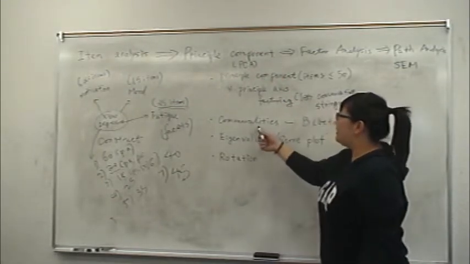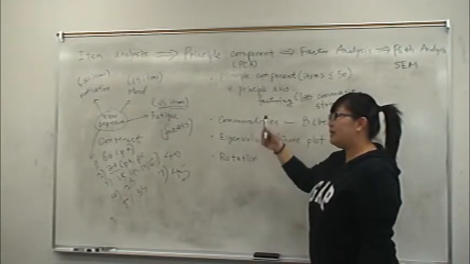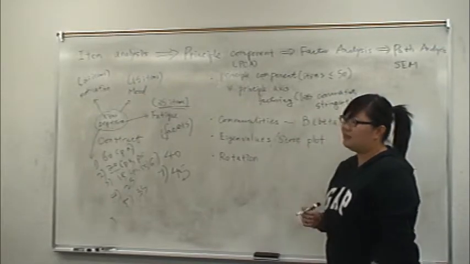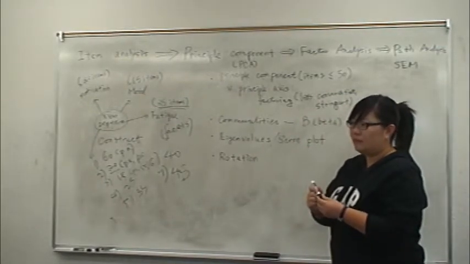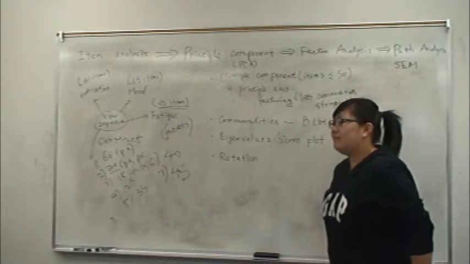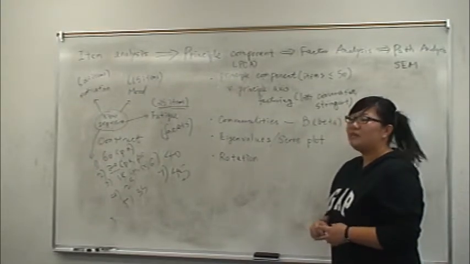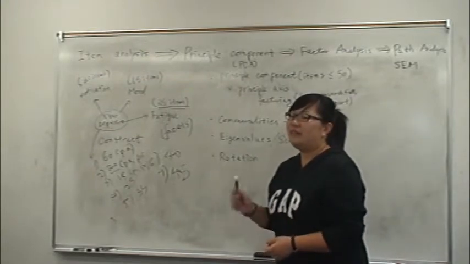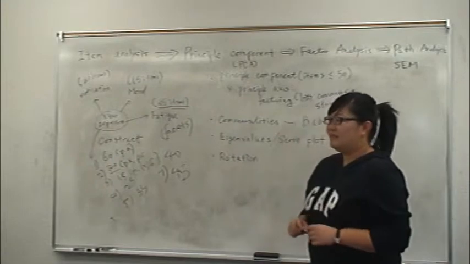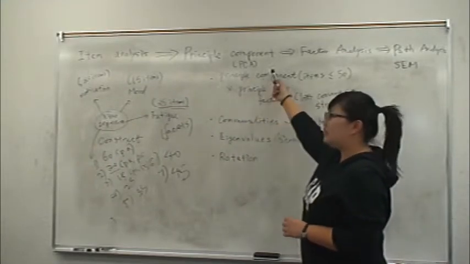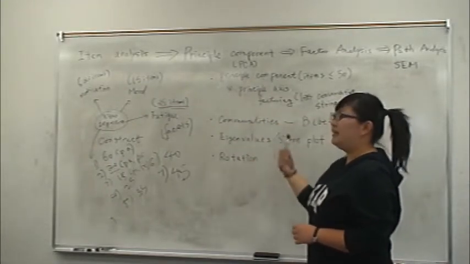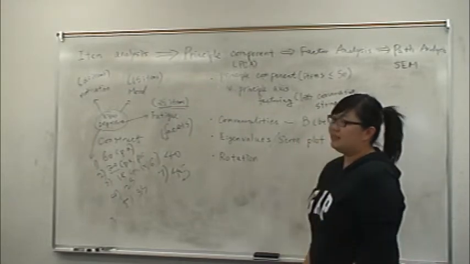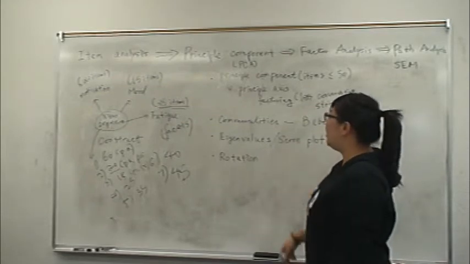So here it's similar. It's going to be the variance that can be explained in the component by the item, which is communalities. Individual variance accounted for by each predictor on the item or factor? Yeah, it's similar to that. We're supposed to say the variance of the component explained by the item? No, the items on the component. Okay. Variance of the component explained or accounted for by the item. Yeah, that's why I say it's similar to beta, because that's also the variance on the outcome that can be explained